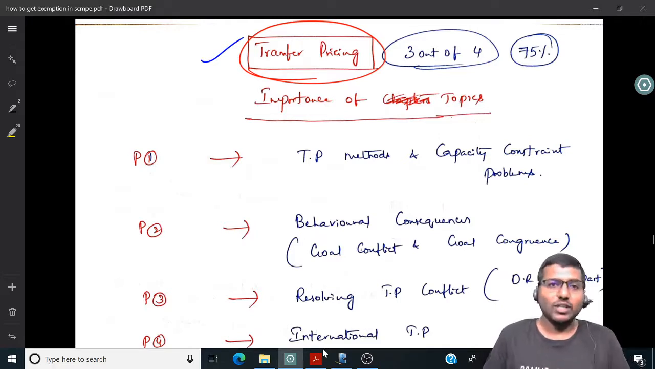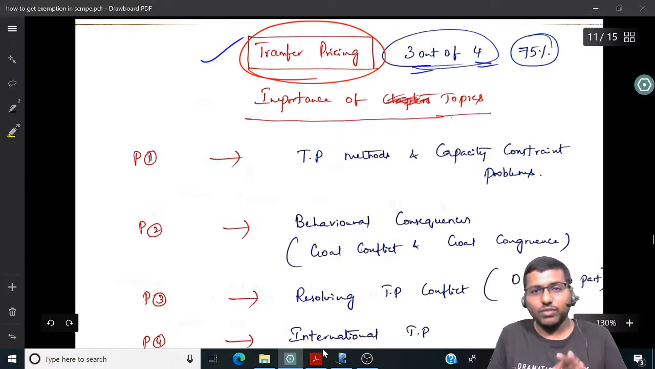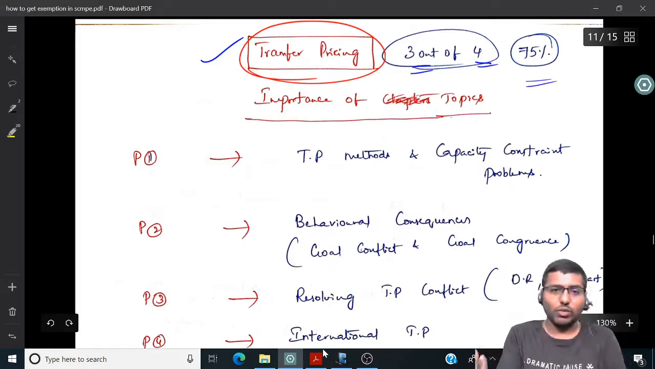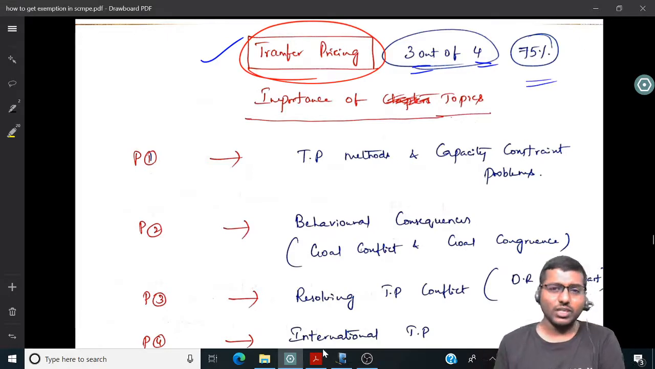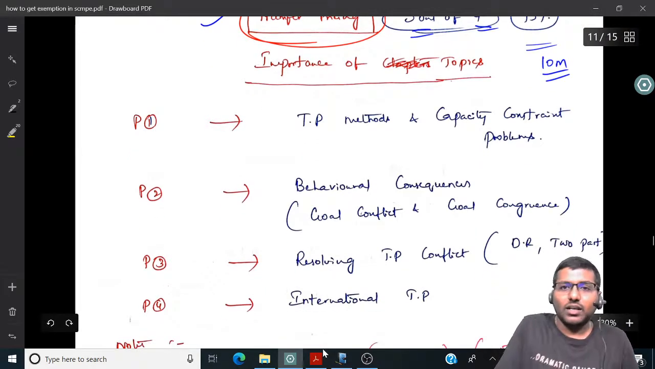Anyway, we're going to spend a good amount of time to analyze and study in detail how to study this particular chapter to gain expertise and eventually get exemption in SCMPE. As you can see, out of 4 attempts, in 3 attempts you'll get a question from this chapter. So it's a 75% probability, and of course, it comes for 10 marks on an average. Right, let us see